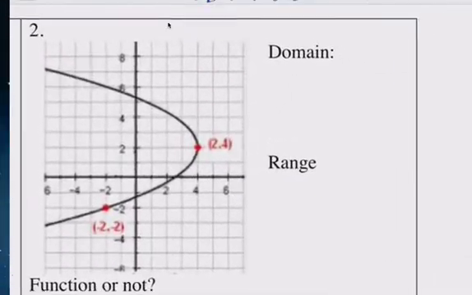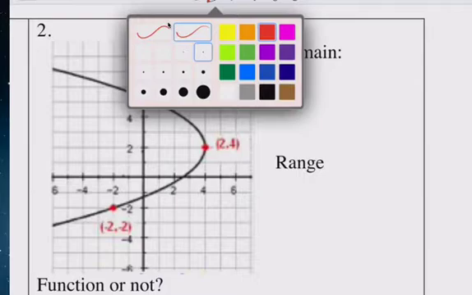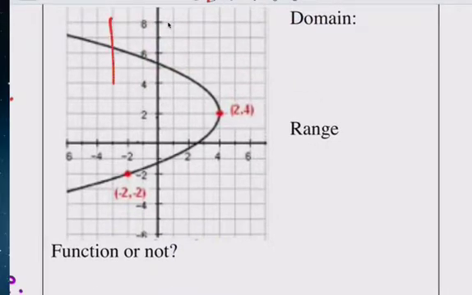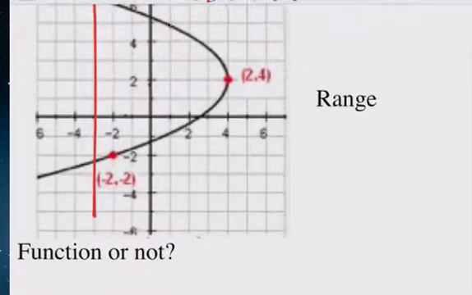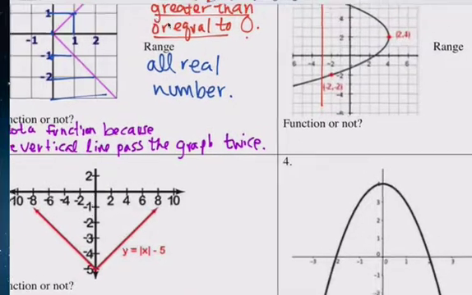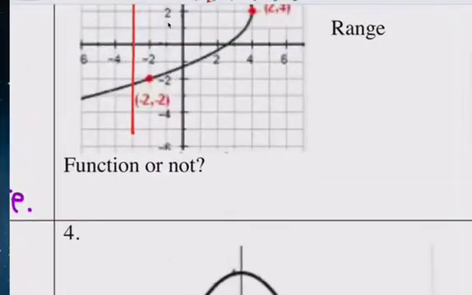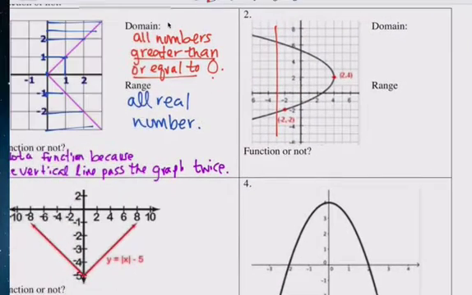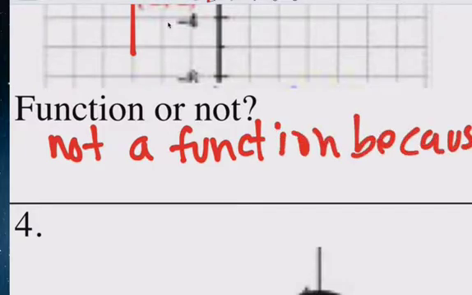Anyways, domain again. Same thing here. Is it a function or not? Not a function for the same reason as 1. Not a function because the vertical line passed the graph twice. Okay, I'm not going to write that again. Well, go ahead. Not a function because the vertical line